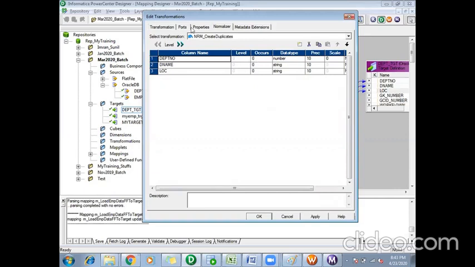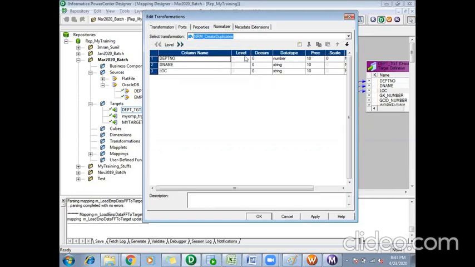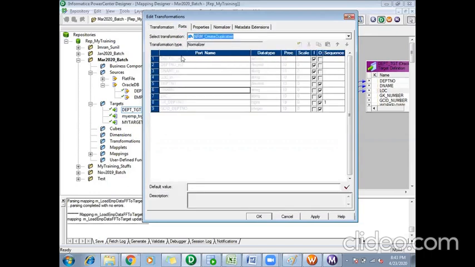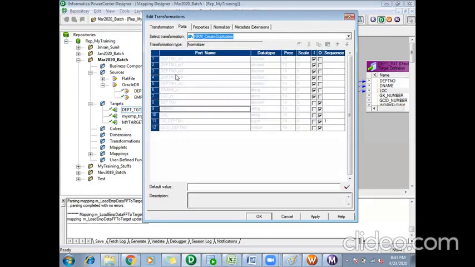So I again moved it to 0. If I go back, we don't have any additional ports here. When I make it 1, I don't see any changes. When I make it 2, as soon as I make it 2, it creates that many input ports, and in addition it will create the GK number and GCID number for that particular port. We'll see what it is. As of now, I'll make it 5 here. It has created 5 input ports, and in addition the GK and GCID ports for that particular port. I'll say apply, I'll say okay.